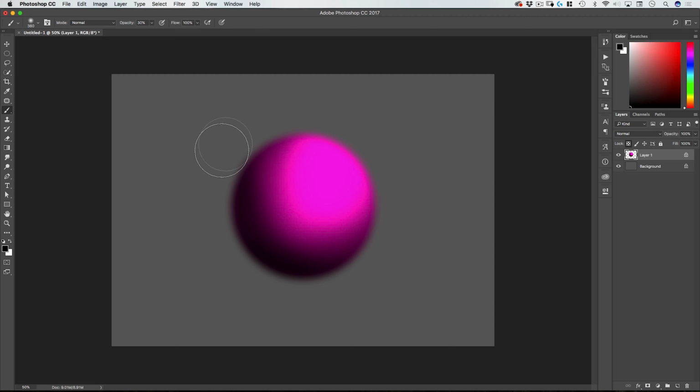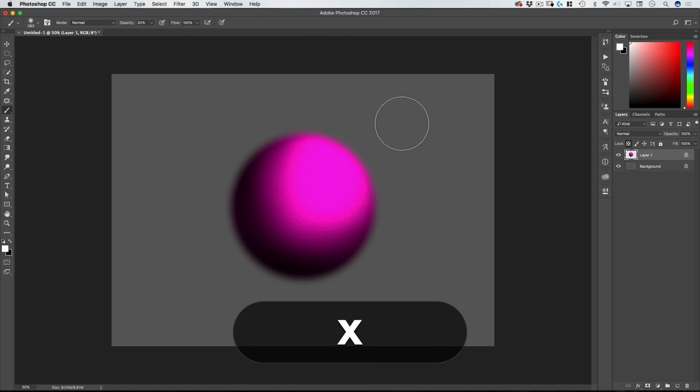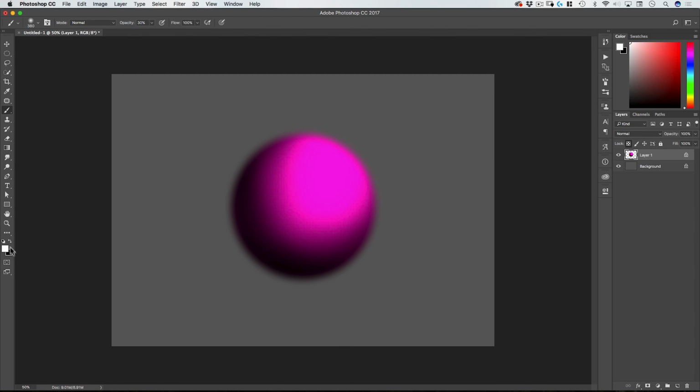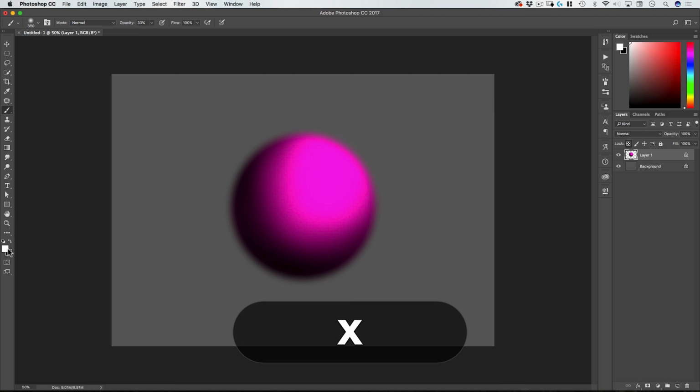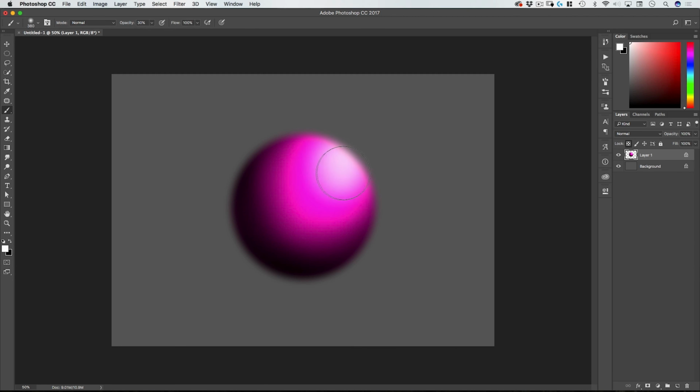Okay, so the beauty of this is as I'm painting here, well, now I want to start painting the highlight, which is white. So I'm going to hit X, and you'll see here, watch what happens when I hit X. Those two colors switch. So now I can use that, paint in my little highlight here, maybe a little rim down there.